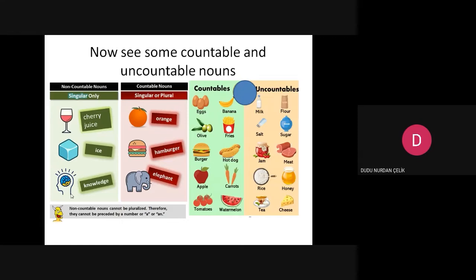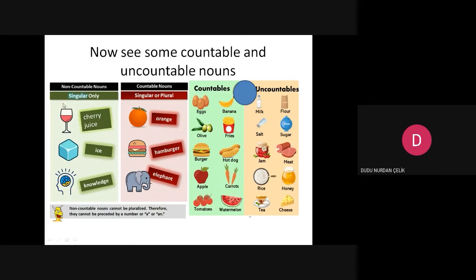Here we have got two tables. You can see some of the countable and uncountable nouns here. And on this page, please look at this word, non-countable. Non-countable is not something different. It means uncountable, okay? Non-countable and uncountable are the same. So we can use both. Non-countable nouns,